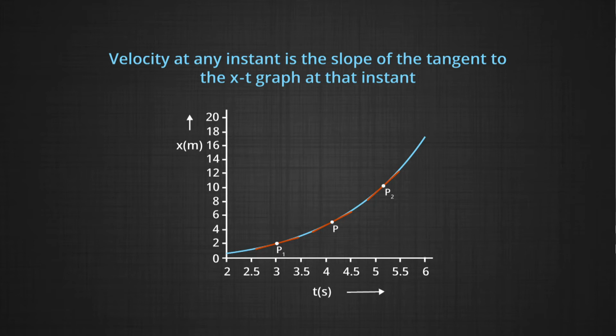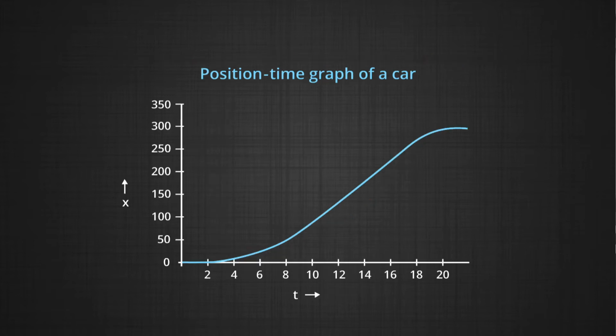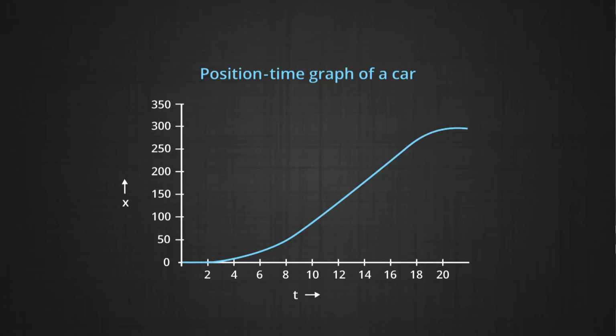Let us look at another graph which is showing a position time graph for a car. If you have a car which is moving, we say that it accelerates first, then moves with a steady speed, and then it acquires a fixed velocity and moves, say, on a highway. It may slow down, it may change the value of speeds as it moves. This is just a graph as an example of a car.